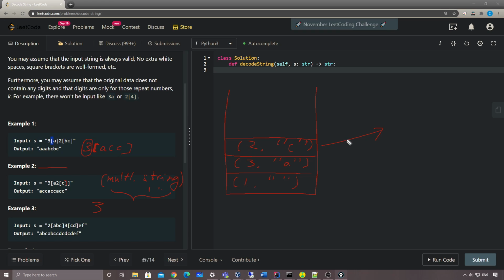And then we have a C, right? So C repeated twice will become C and C. And then we'll just append this CC to the same thing. So this thing is gone. So I will append this CC to the top item's second element. So now this thing will become ACC, right? And then we have another